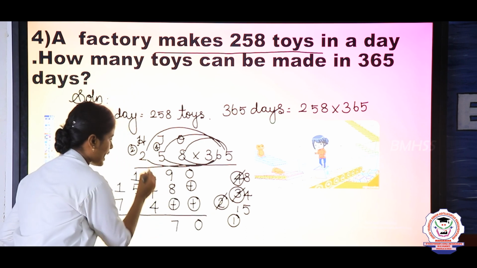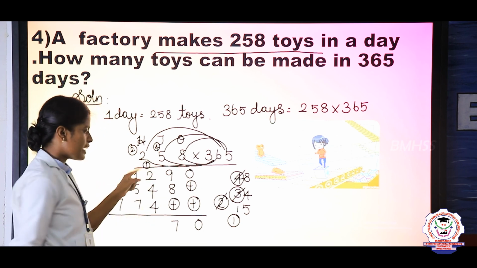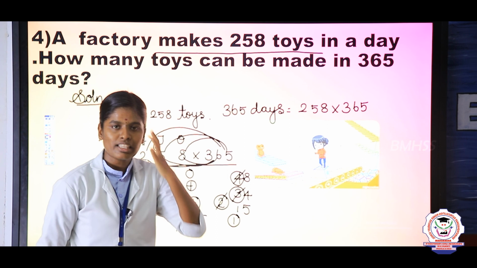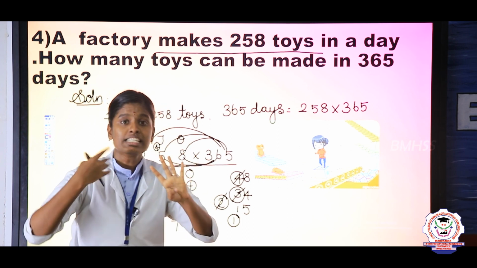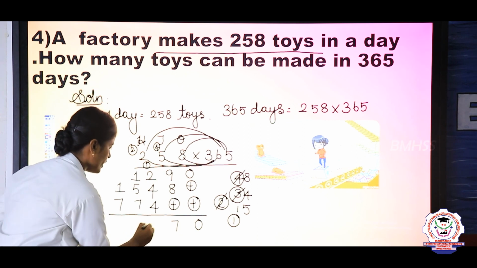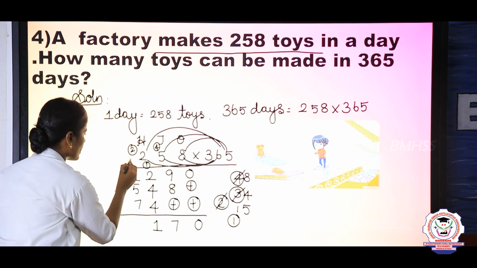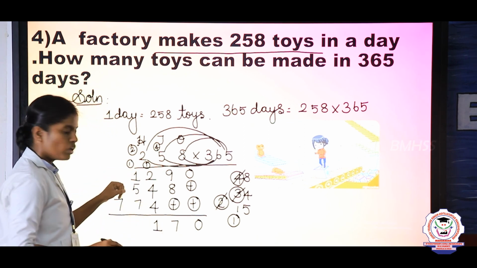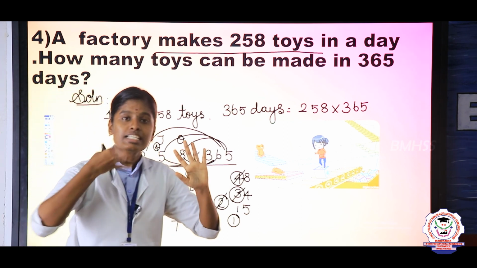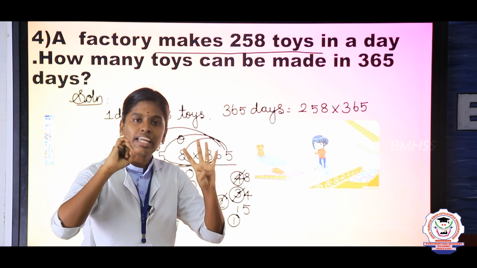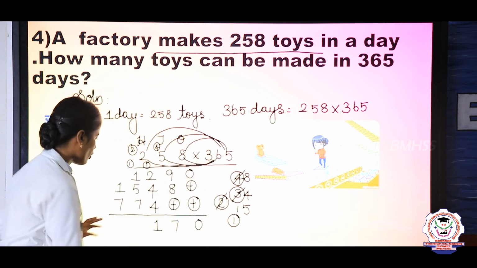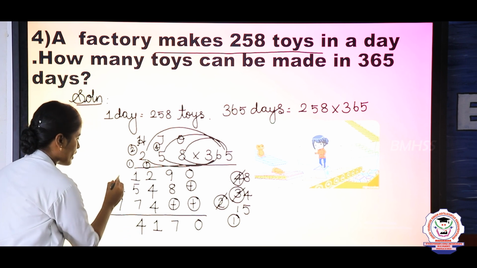7 carry 1. Next take 3, 3 plus 4, the answer is 7. 7 in the mind, again 4 in the finger, 7 after, 8, 9, 10, 11. So 1 carry 1. Next take 2 plus 5, 7. 7 in the mind, 7 in the finger, 7 after, 8, 9, 10, 11, 12, 13, 14. So here you got 14, 4 carry 1.